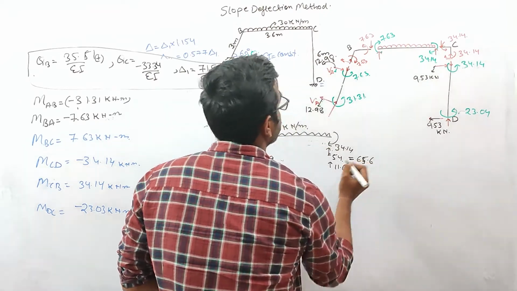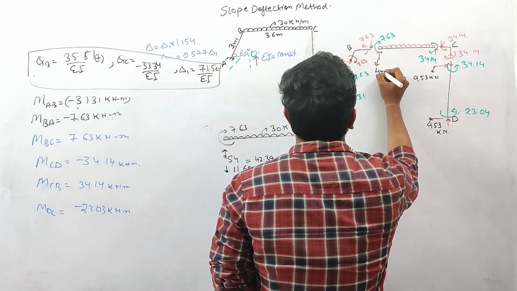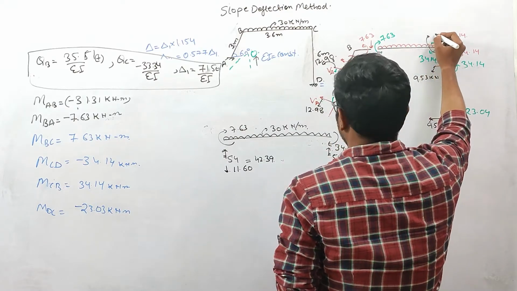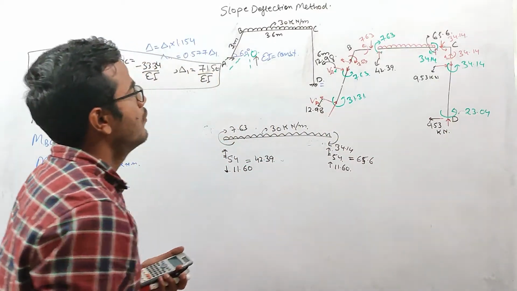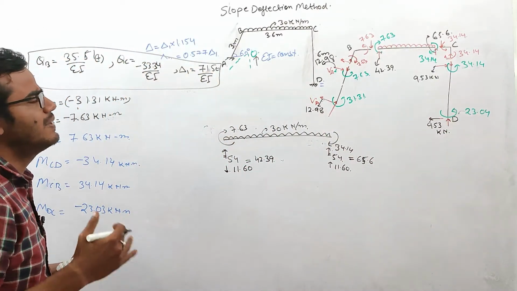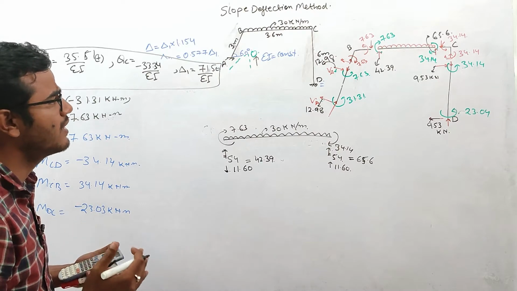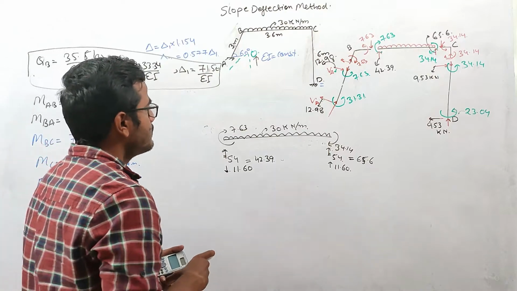65.6, right? So this value is 42.39 and this value is 65.6. Okay, so we have calculated all the values which will be sufficient for drawing the axial force, shear force diagram and bending moment diagram, right? So now